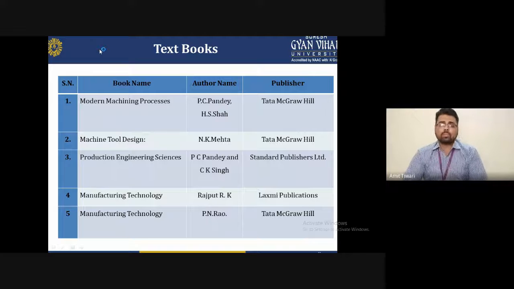There are two types of operations performed on these machines. The drilling machine is basically used for drilling holes in the surface, and the milling machine is used for providing slots on the surface. Both have different advantages, because many researchers work on milling and drilling machines, and they perform several types of operations for their research work.